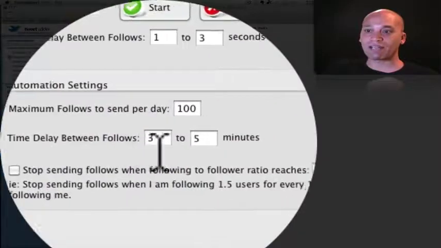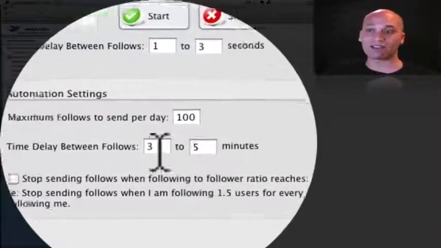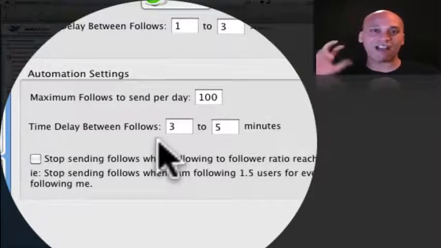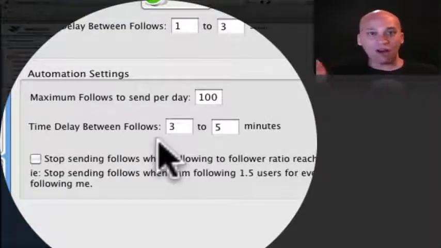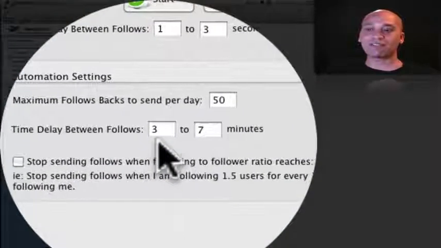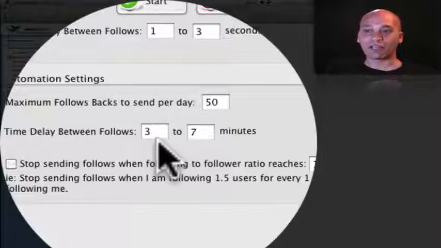So you can follow people and you can set your time delay, again, so that it doesn't look automated. So follow people between 3 and 5 minutes off this list. Every 3 to 5 minutes at a random interval, the system will follow another person, right? You can have follow back rules. So if a person, for example, does not follow you,